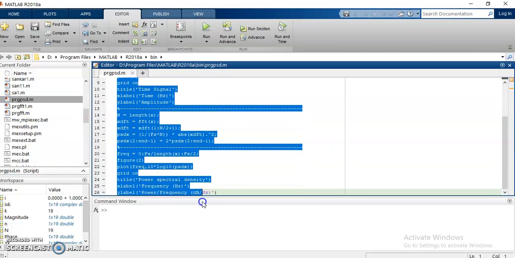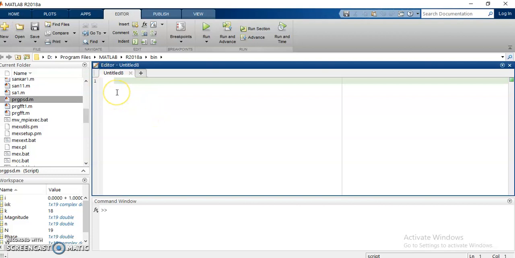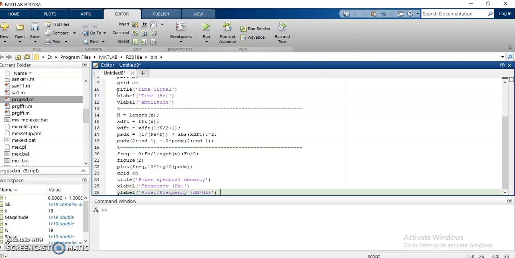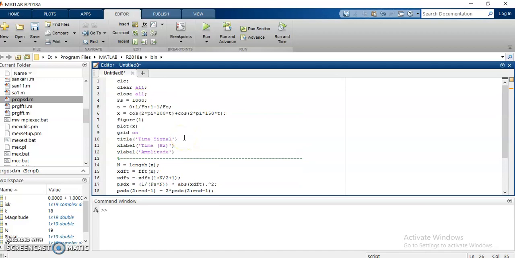Just go through the program. Here I am going to copy that program, open a new script, and paste the program. You need to enter the program and save the file